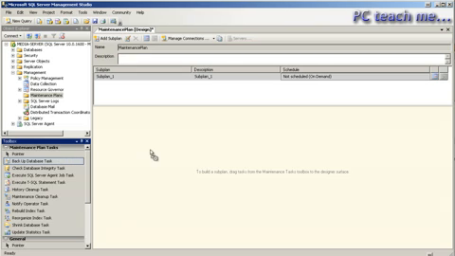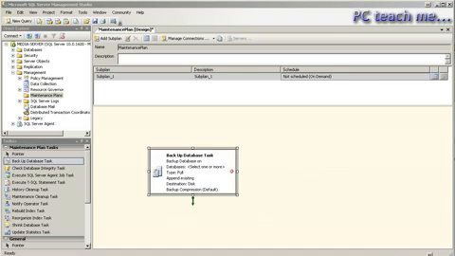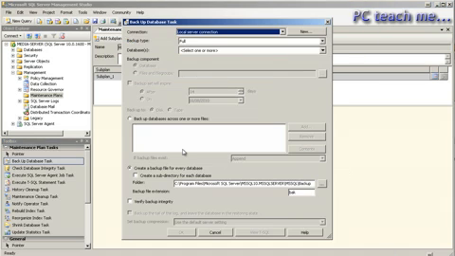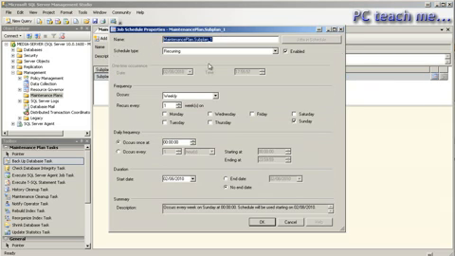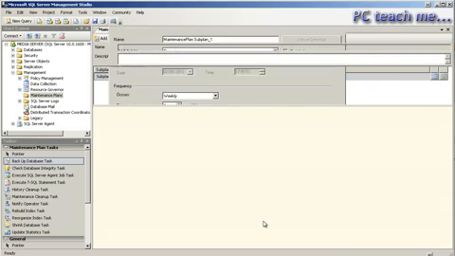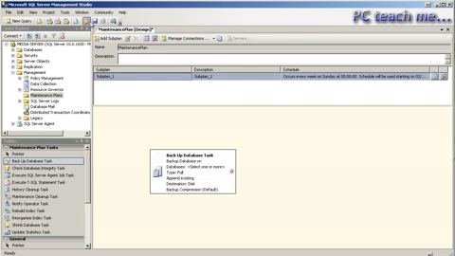So let's say I want to back up the database, drag and drop, and once it's in I'll just double click on this task, brings up a load of options. I'm going to leave it alone because I'm out of time now. However, I'm just going to save that, well, after I've done a schedule, and then I'll just say OK to that, and I will save it